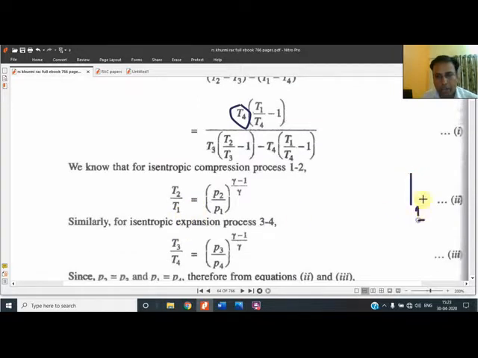For all the vertical lines, meaning twice we get the vertical line. 1, 2 is the vertical line in the cycle. Then 2, 3 is the cooling process. Then after 2, 3, 3, 4 is another vertical line. And 4, 1 completes the cycle. So 1, 2 and 2, 3.